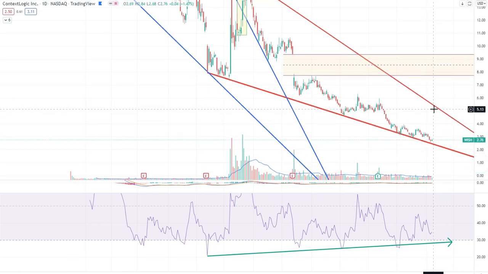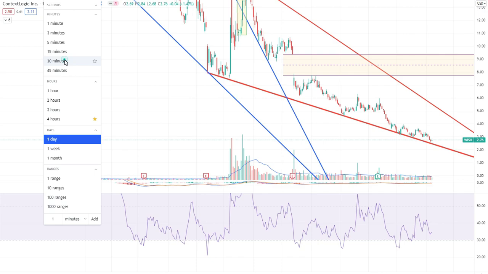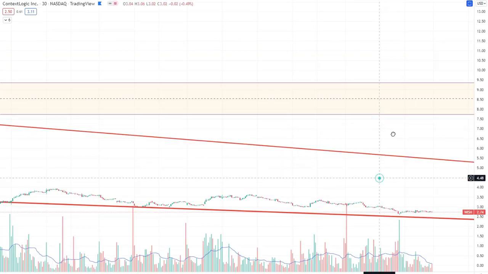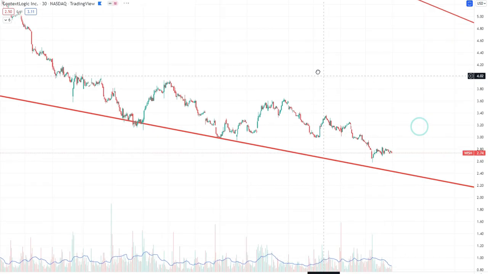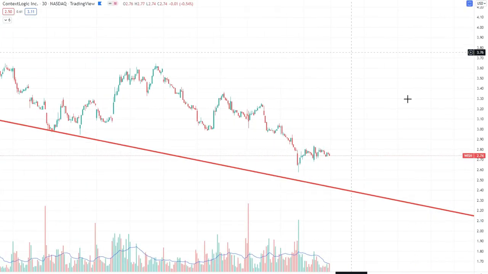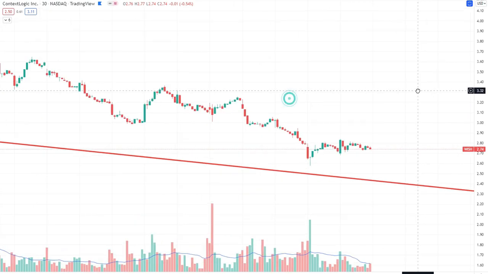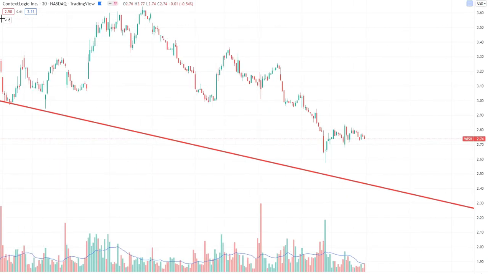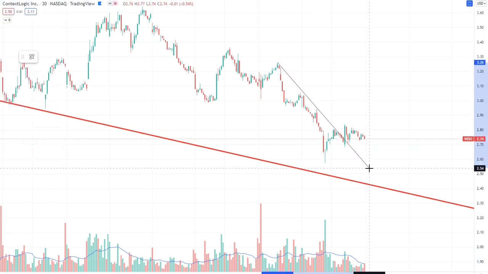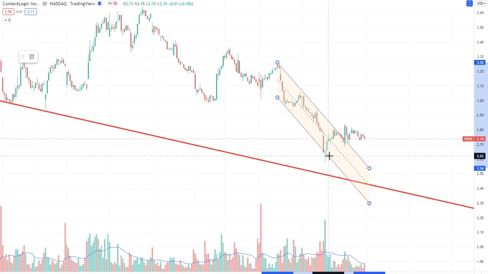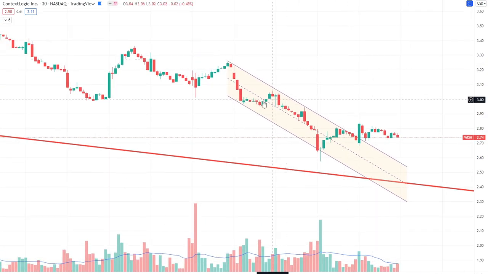Let's go now for just a moment into the 30 minutes time frame. In the 30 minutes time frame, we will see a more intraday action, and we are going to see something interesting that happened last week. If we look at the 30 minutes chart, we see that we had this parallel channel here, starting on January the 3rd, and it was broken with these interesting volumes on January the 7th at opening.